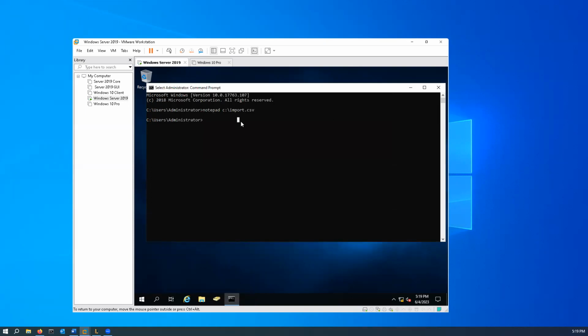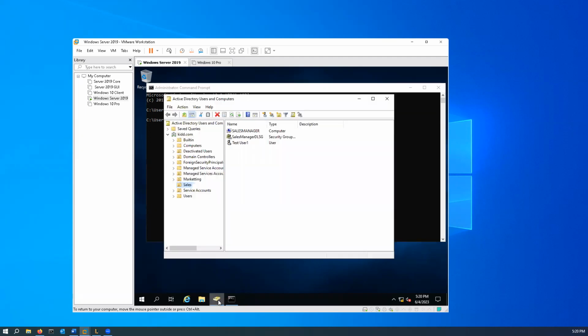And now that we have this file, we can type in our command, which is csvde space -i space -f, and then the location of our file. So what this is doing is running the csvde command. It's importing from a file, and this is the location of the file. And what that's going to do is, if we click and open up our Active Directory Users and Computers,